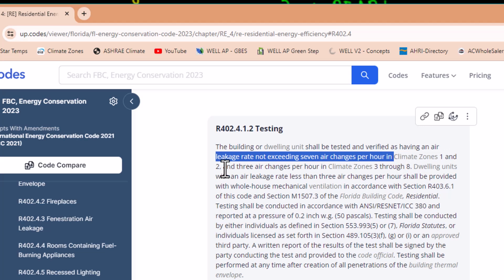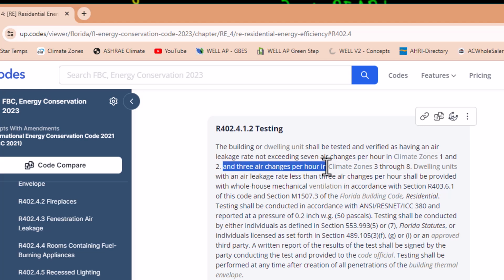And 3 air changes per hour in the other climates. In other words, zones 3 to 8. All right. So that is the code. Based on the code, you have to have at least 7 air changes per hour.